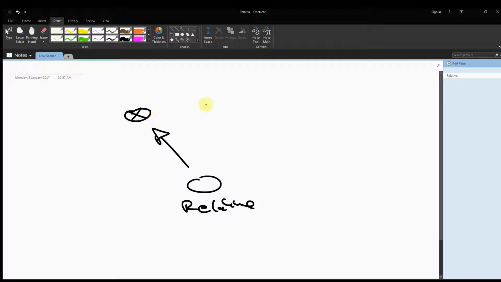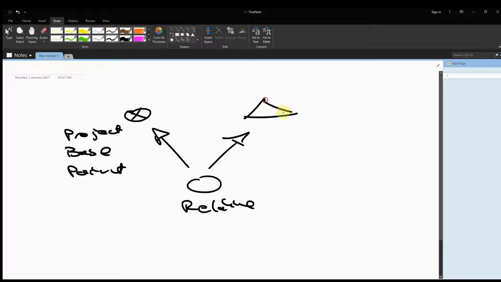I might use a circle and a cross, as it's the traditional symbol. It's also called the project base point. So we have here a project, then something called base, and then something called point. From this relative origin, we also have a survey point. You probably will remember these symbols, and I will show you them in a second. They're commonly blue, but yeah, it can happen. So this thingy is called the survey